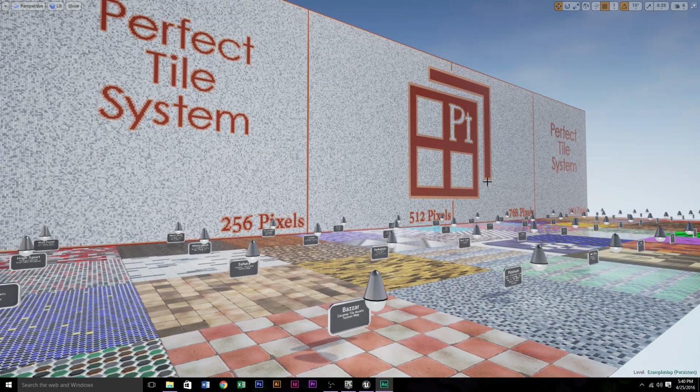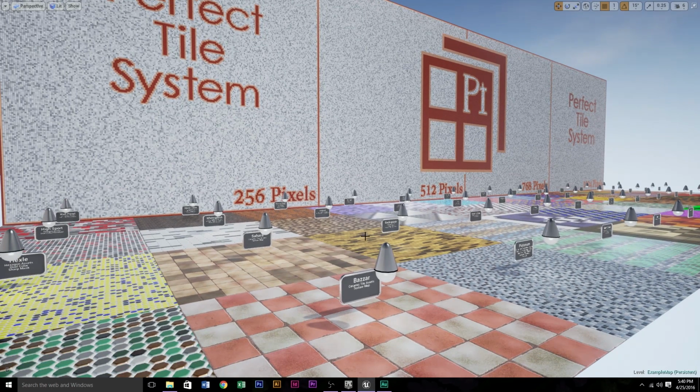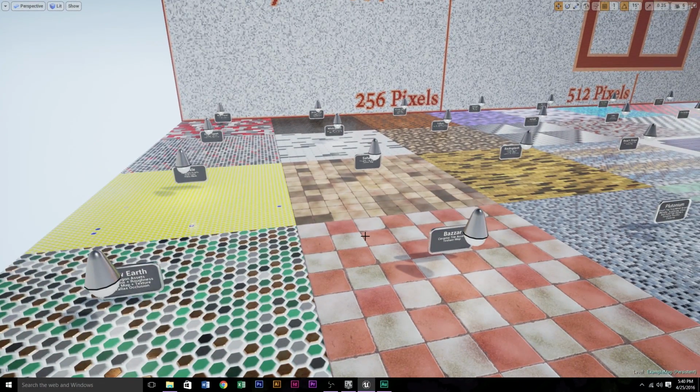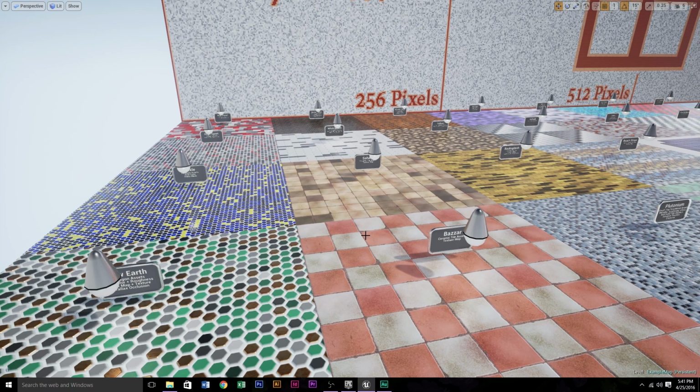Hey guys, welcome to the Perfect Tile System updates for 1.2. I'm just going to talk a little bit about some of the new improvements that were made to the Perfect Tile System. And one of the biggest thank yous that I have to give is to Epic, because in the